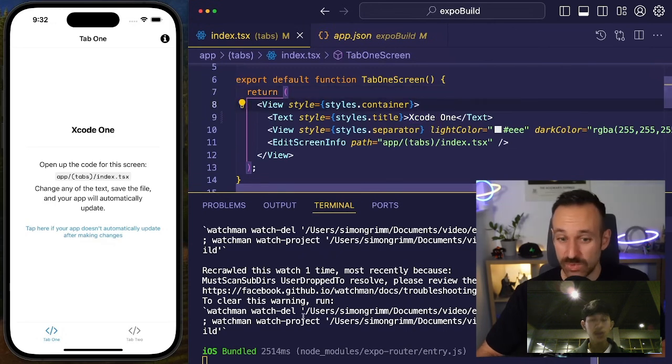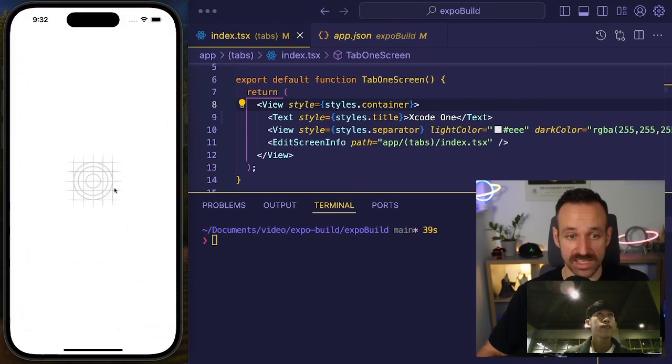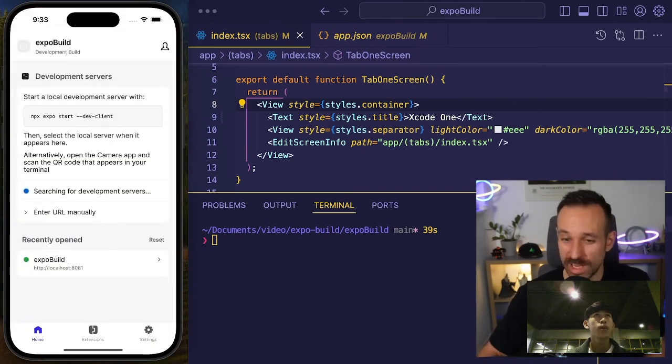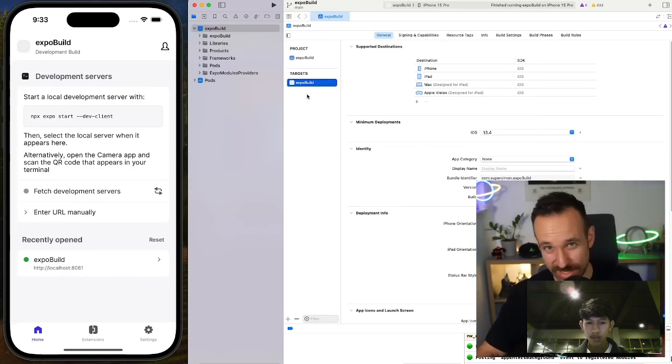But what if I kill this? What if I want to install this application on a device of a friend? I can't, because I deploy it and then I see this. It's not really what I want. So if you want, I think they called it previously a standalone application that I can just build on the iPhone of my wife, then I would have to go into Xcode, and now it gets a bit more